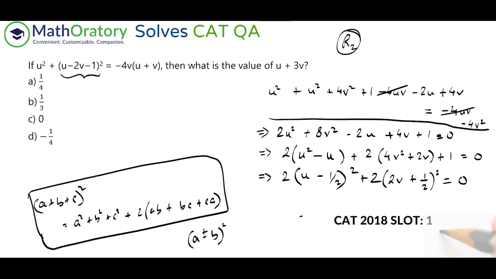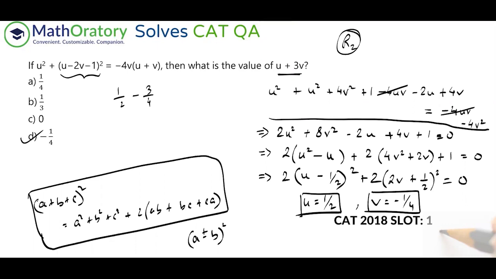No whole square of a real number can be negative, right? So you cannot have one of them positive and the other has to be negative. That is not possible. So essentially, if this is equal to 0, so u is equal to half. And when this part is 0, so 2v is equal to minus half, or v is equal to minus 1 by 4. So you're getting these two values of u and v directly. So once you have these values, whatever is required in terms of u and v, you can calculate. So just substitute here. So you get half minus 3 by 4. Evaluate, you get minus 1 by 4 as answer.